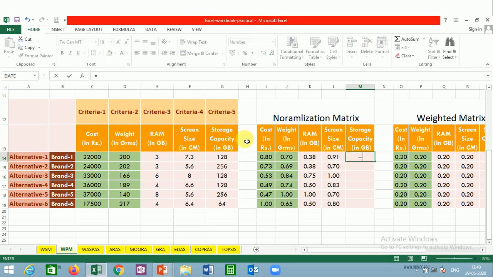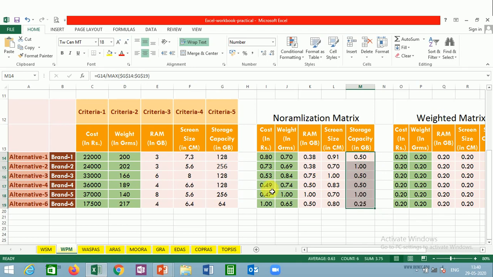So again, each cell value will be divided by the maximum of the entire range. Let us select the entire range, freeze it, and press enter. Select the cell, double click on the hotspot, and you will get all the values.